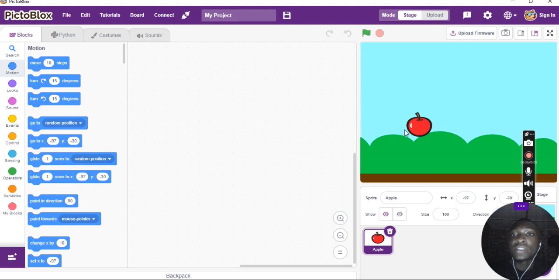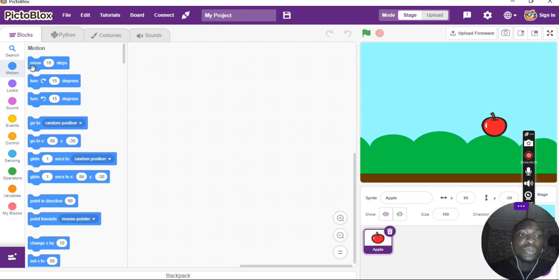If you want it to go to the right and to the left, it's the X position. But if you want it to go upwards and downwards, it's Y position. So upwards Y position is positive, downwards Y position is negative, right X position is positive, and left X position